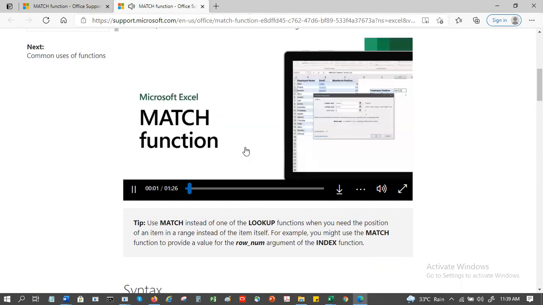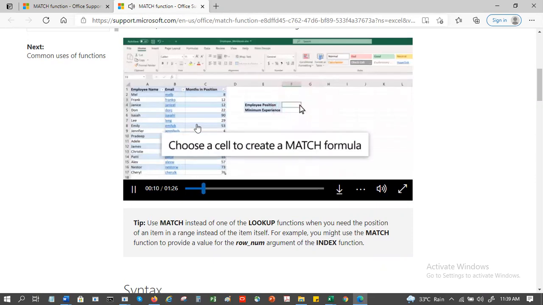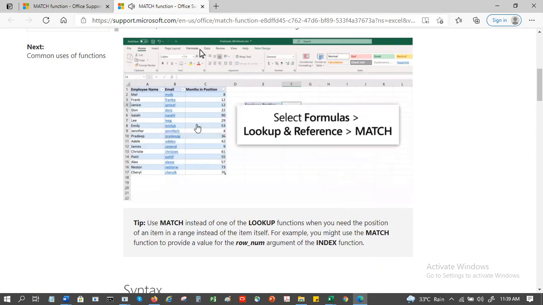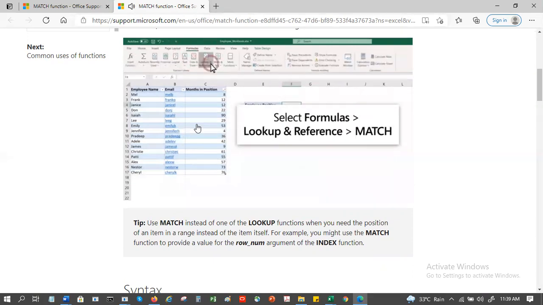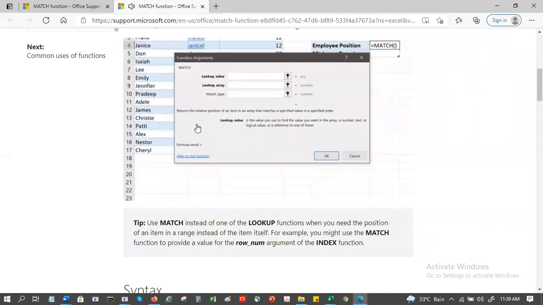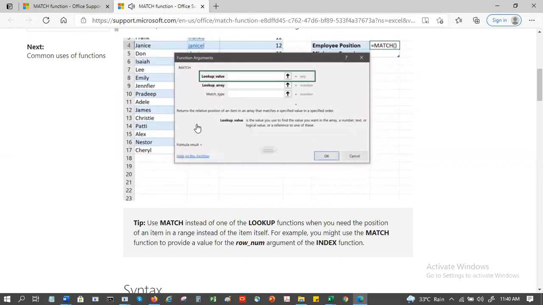Need to see the exact or closest position of a value in a row, column, or table in Excel? Use the MATCH function to find it. Choose a cell outside your data to put your formula in. Under Formulas, select Lookup and Reference, MATCH. There are 3 fields to fill. Lookup value is the value you want to find. This is usually text or a number.